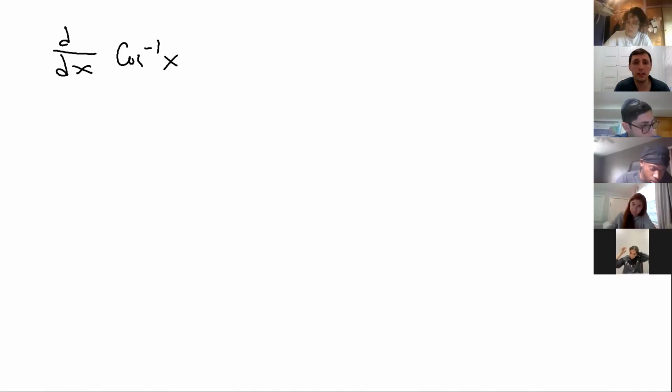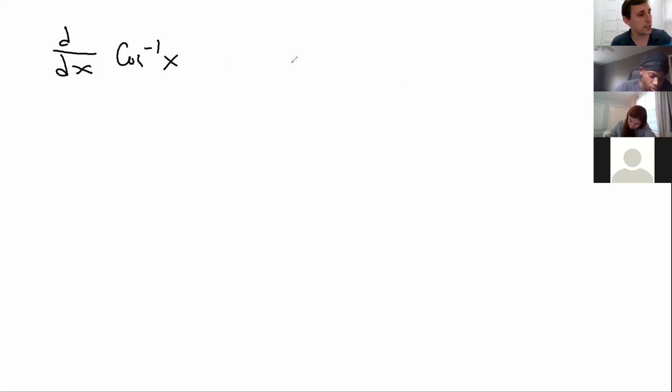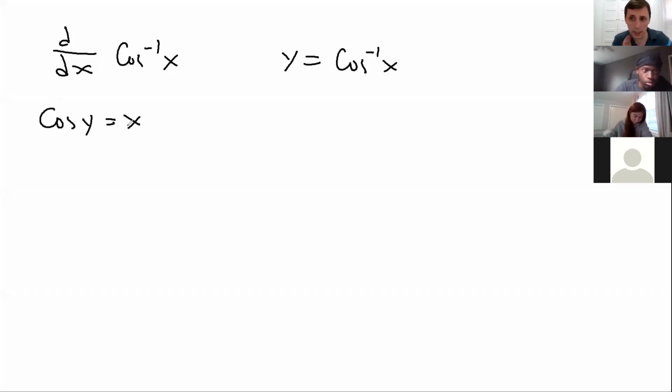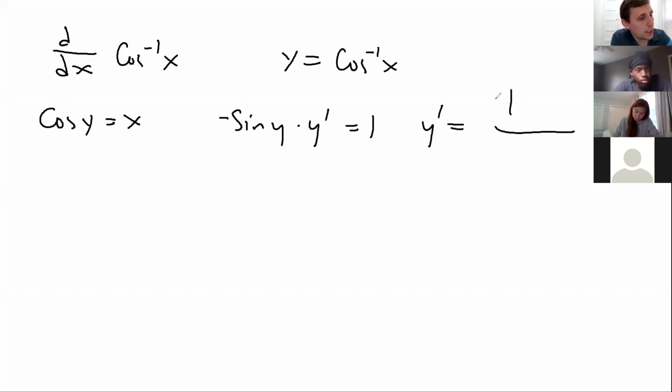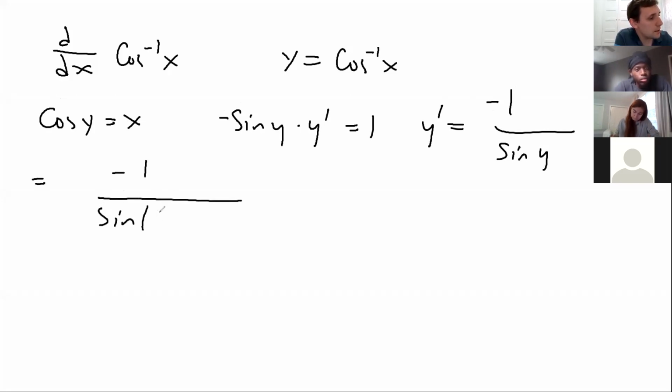So let's see the same procedure applied here carefully. y equals cosine inverse x. That means that cosine y equals x. At any point something unclear, let me know. Derivative of cosine is minus sine. So it's minus sine y times y prime equals 1. And so y prime equals minus 1 over sine y, which is minus 1 over sine of